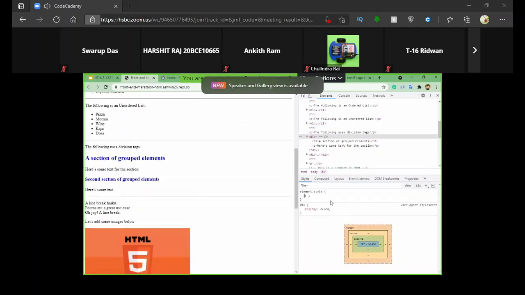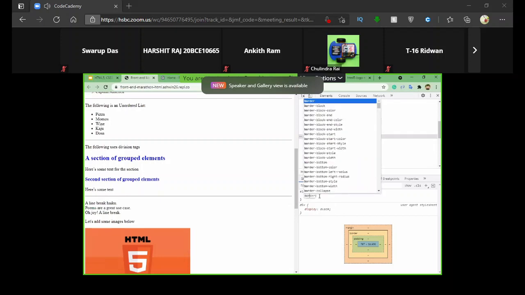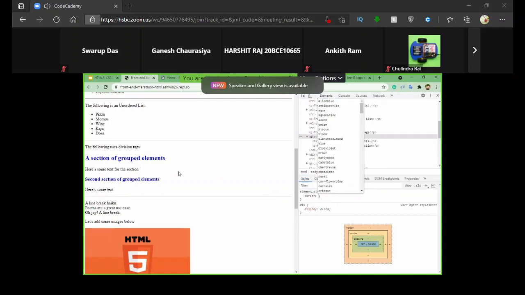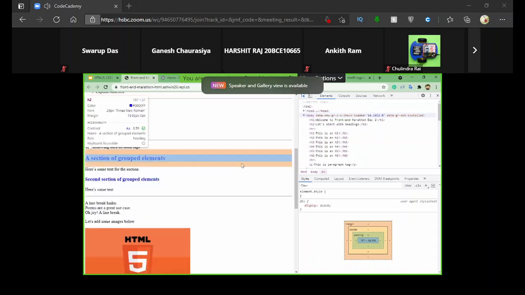Let's say we want to apply a border for only this part of the division tag that we have selected. Using this button over here, we can select the division part, or we can use this HTML part directly.